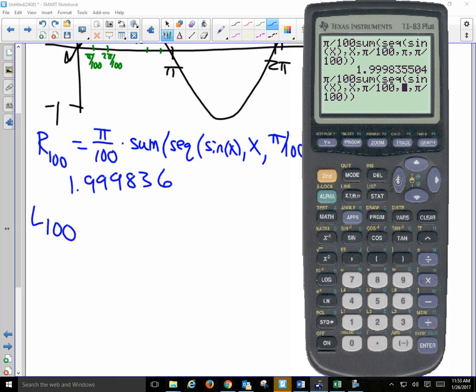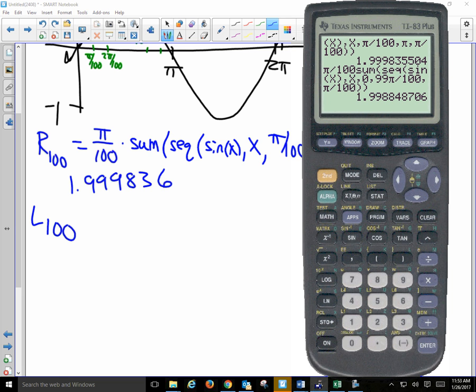So all I want to change is instead of starting at pi over 100, I start at 0. And then my last one is 99 pi over 100, comma, and then my width is still pi over 100. Double parenthesis. Not the same. 1.99889. So you're right. It is pretty close, but it's important that you understand that we don't just want to